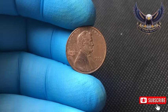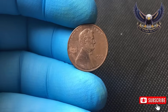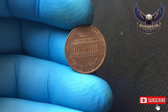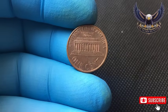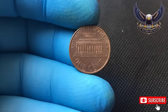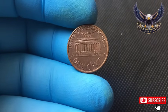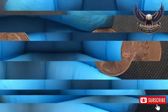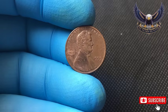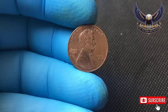Think about the sheer statistical improbability of this discovery for a moment. Millions upon millions of 1995 cents have been examined over the past 3 decades by coin roll hunters specifically searching for the famous obverse doubling. And yet this particular reverse anomaly, combined with its accompanying die-cap characteristic, remained completely undocumented until very recently, hiding in plain sight precisely because everyone...